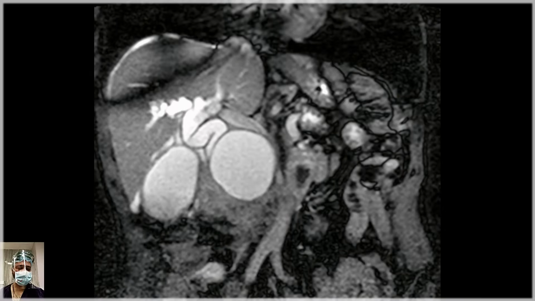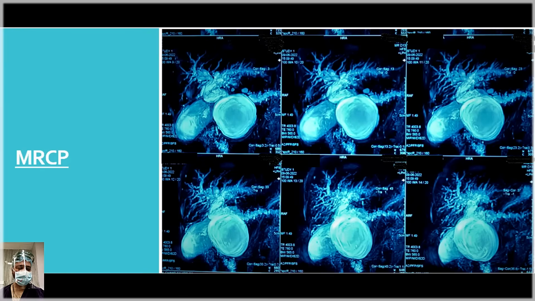So these are different MRCP images, and as I said earlier, the pancreatic duct is dilated up to the secondary level of the pancreatic ductules, and the IHBRD is prominent till the secondary or tertiary level, and the pseudocyst was compressing upon the MPD and